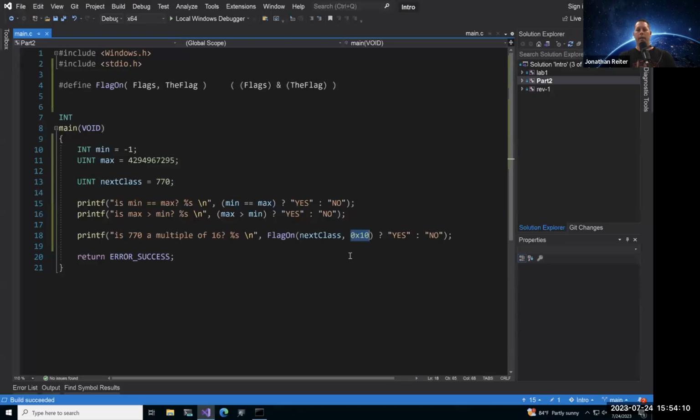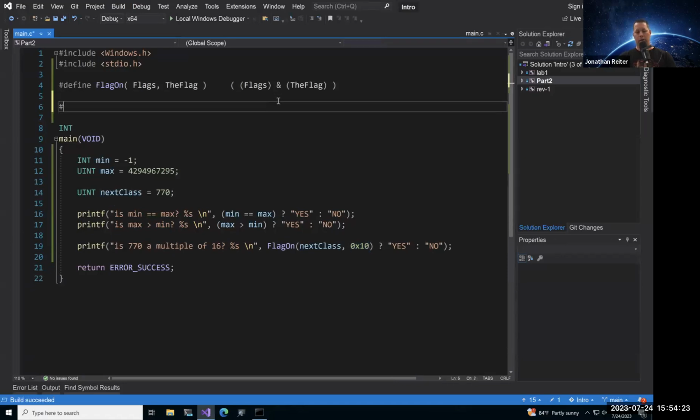I have no idea what hex 10 was all about. What in the world? What's up with this? So I want to convert this into something that is a little bit more readable, so that if anybody's coming along after me, trying to understand my code, it's a little bit better. What you can do is create a constant up here using pound define.